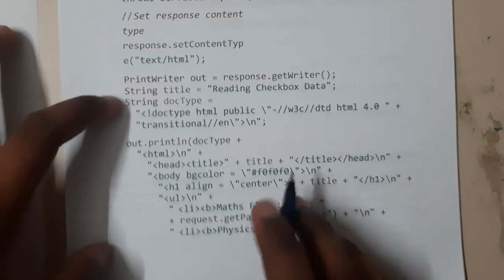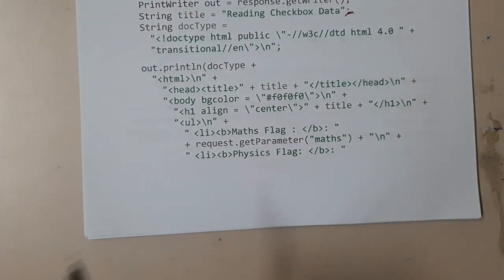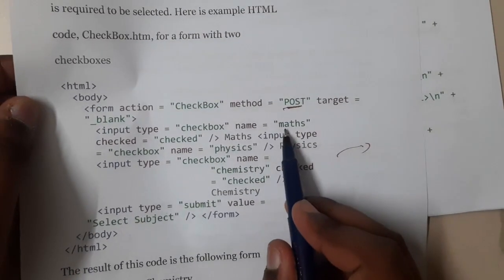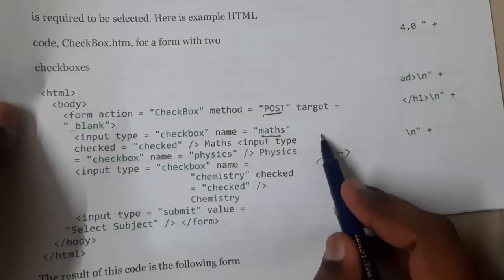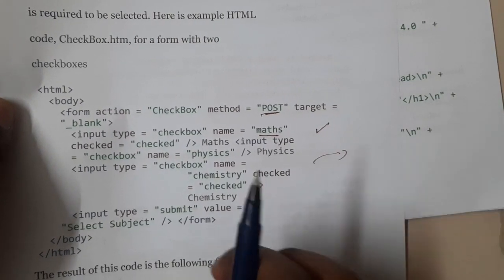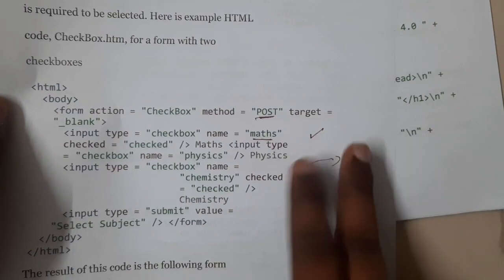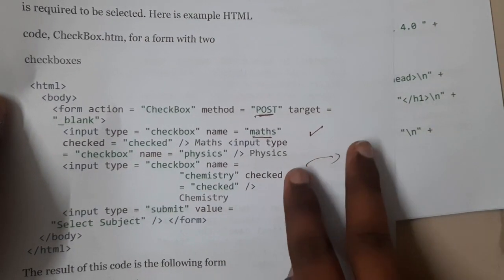Okay, so in the servlet you wrote the title and then you are requesting the data. So see here, request.getParameter maths. If you observe, that maths is nothing but this maths. So whether you checkmarked or you didn't checkmark, it is yes or null. So there are two options, yes or null. Based on your tick mark or not, it will be selecting the value, and in that way it will be printing these parameters.